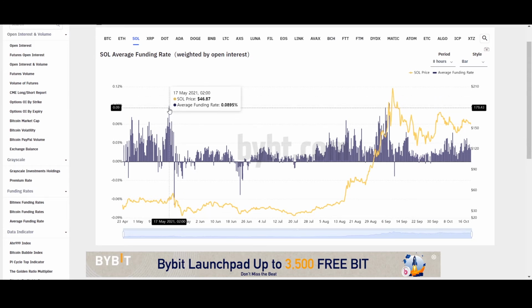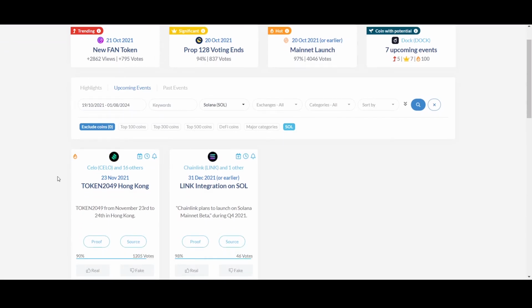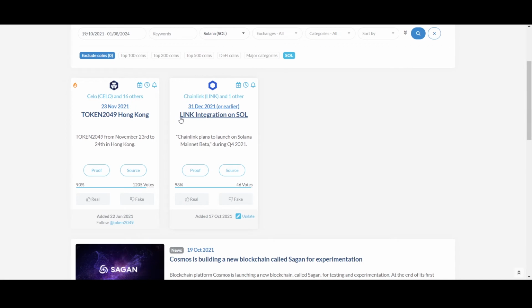So this very abrupt long liquidation shouldn't happen in the nearest future on Solana price behavior. Also on CoinMarketCap we can find something that has already happened or is trying to happen